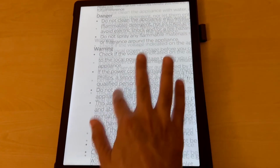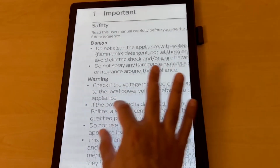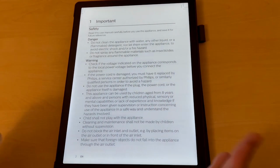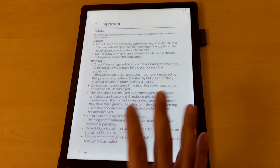So that's great if I want to zoom in and move the document around, again, very quickly I can do that. So that's a great feature, and as I say, moving it to the portrait display is another great feature. The other good thing about